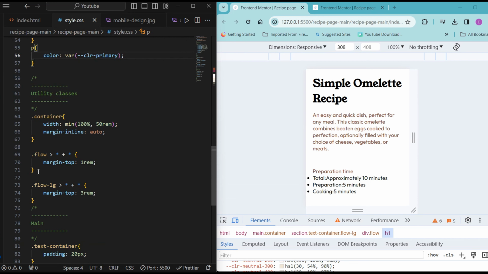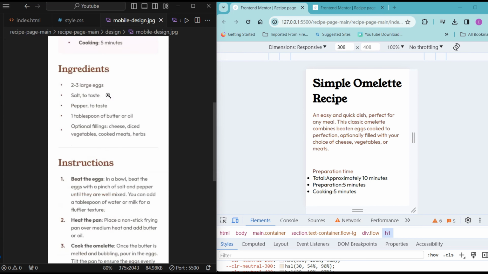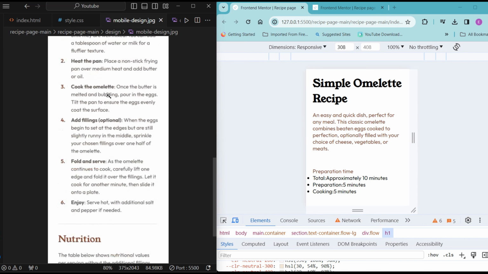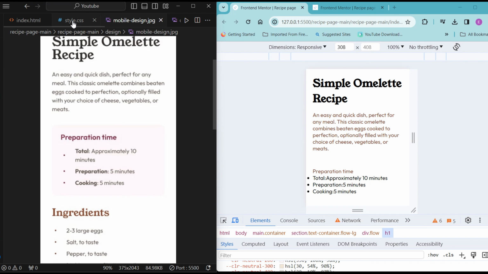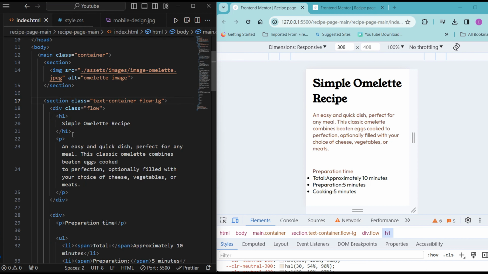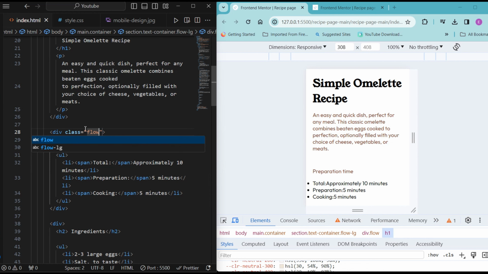And I'm going to create another utility class because I can see that there, okay, apart from this, there doesn't seem to be any other text that has this particular color and font width. So instead of creating a utility class, I'll just do that inside here. I'll create a class for it since I'm using it just once. But before then, within it, I want to add the flow. So we're already in the second section, and I've added a flow. I also want to add a class called preparation,